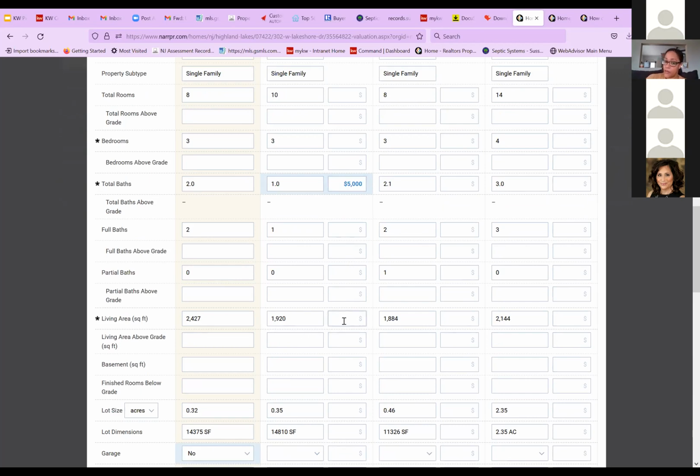Now, depending on how you make your adjustments, that will give you the numbers for this. Because I know some people are new, and they're probably wondering how we know how much a bathroom is worth and things like that. So what I generally use is, there's a great market analysis guy called Jeffrey Otto, and he has CMA adjustment guides that I use as a template when you're getting started, and it gives you valuations of every different feature that you could think of. So you can make your adjustments there, and then you'll learn as you start to learn the area. So they typically say it's about $40 a square foot for